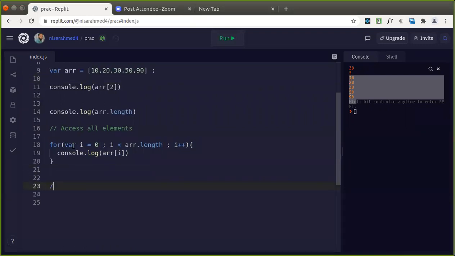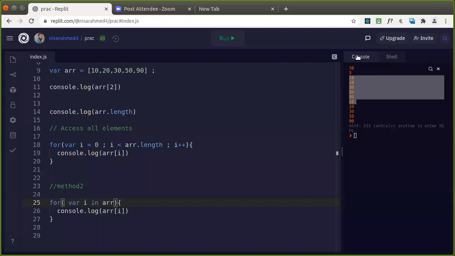So the second method is there. You can use for (i in array). So this will give you an index of all the elements. console.log array of i. So there is a variation of for loop in JavaScript, for...in. So that will give you the elements. You can see here it has also displayed this one. So for where i is there, it will give you the index. So we don't have to bother about assigning, as in the above example, the first method you can see here.